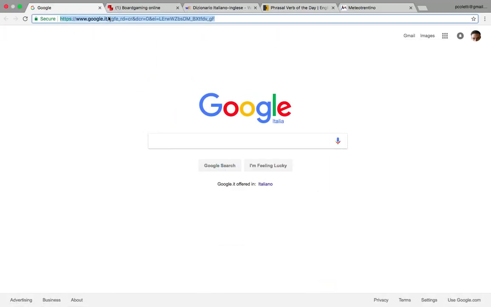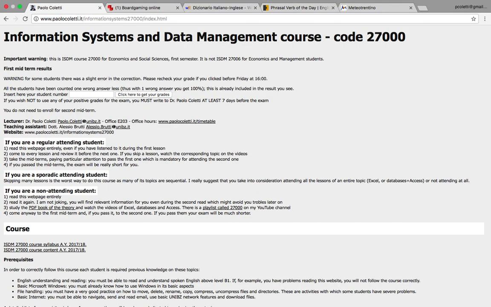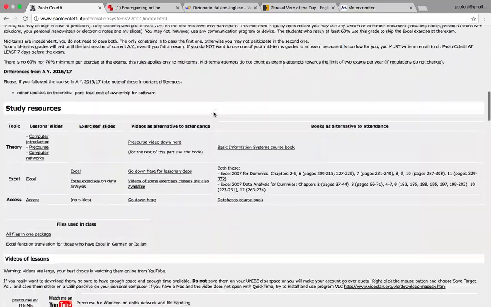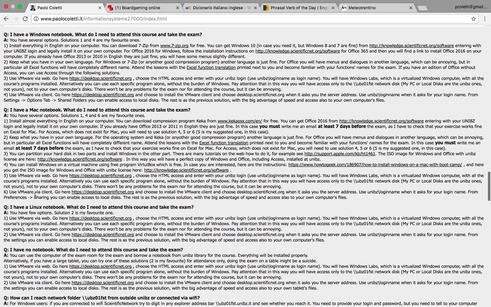Since the modification will probably change in the future depending on what is installed, it's written on my website. So you go down here, I have a Mac, can you see? Use VMware via client. From Preferences, Sharing, you can enable access to your local disk.